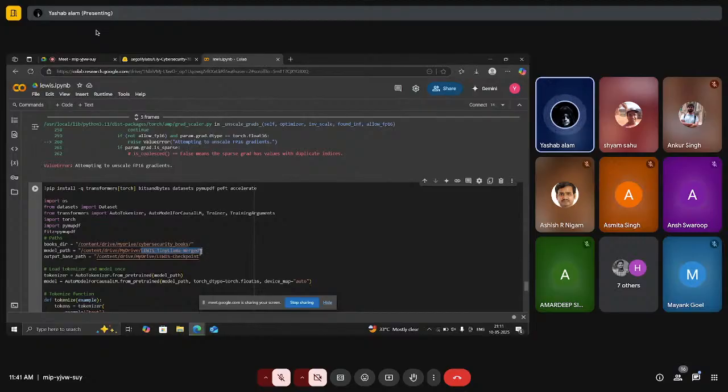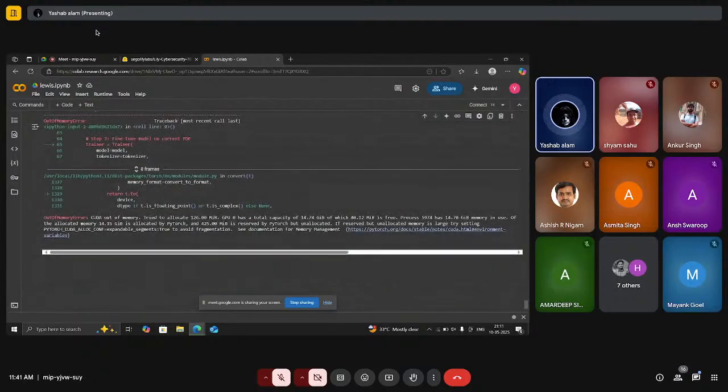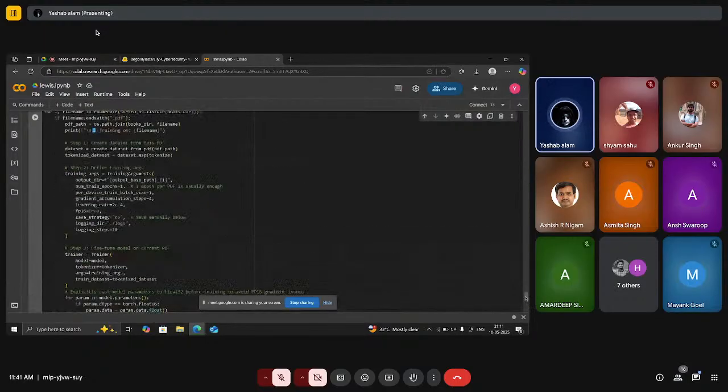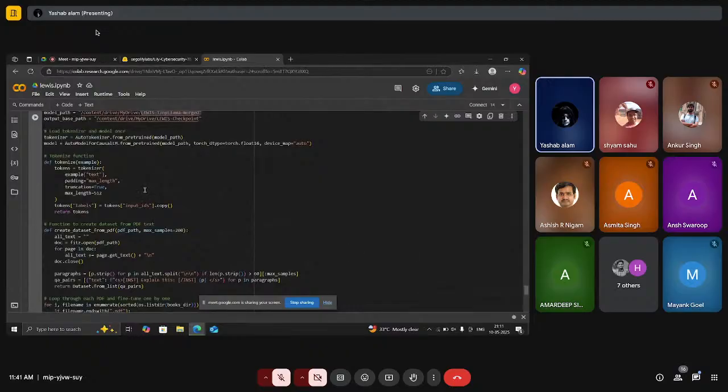Basically, this model is trained on different PDFs of cybersecurity, and I'm making the Louis LLM for our cybersecurity research personnel. I have shared that code. If we run that code,